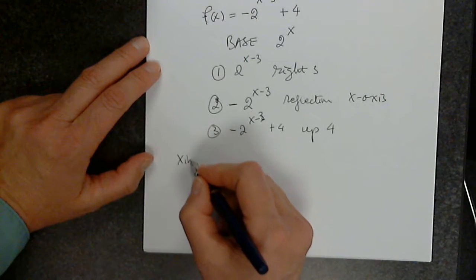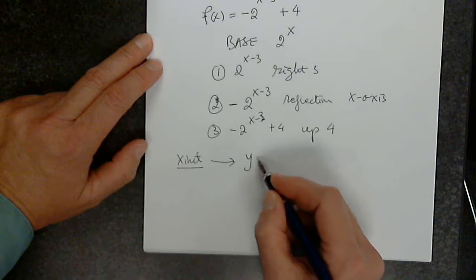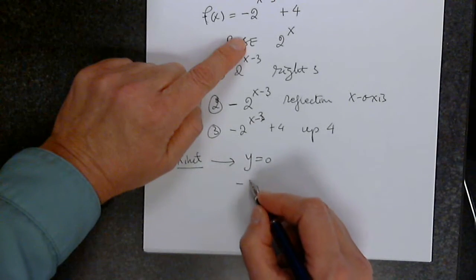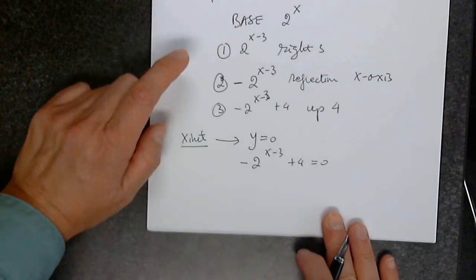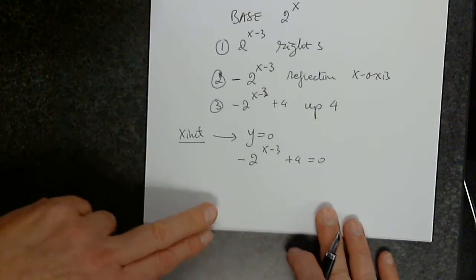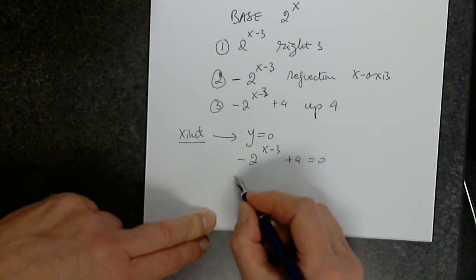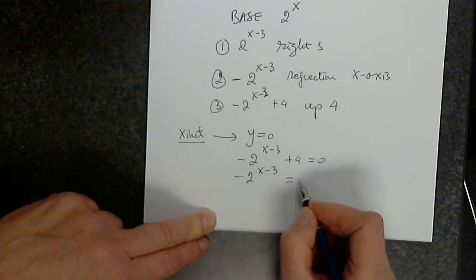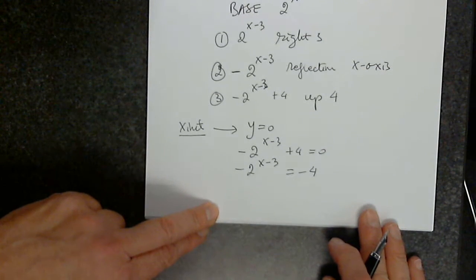How do I find the x-intercept of such a function? Yes. So then I have -2 to the x minus 3 plus 4 equals 0. How do I solve this equation? What type of equation is it? So -2 to the x minus 3 equals -4. What will I do next? Divide both sides by -1,